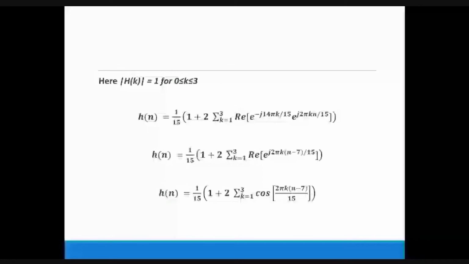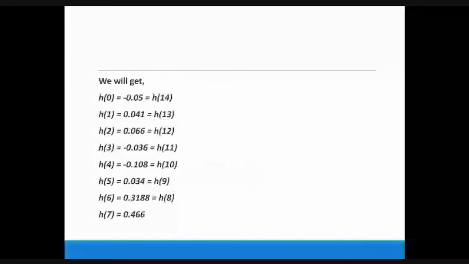Now in this equation, you have to apply the values of n from 0 to 15 and calculate the value of h of n for n is equal to 0 to 15. Just a second. With the help of symmetricity, as we have written earlier, we can find the remaining values. So first we have to calculate the values of H0 to H7. The remaining values are just a repetition. With the help of symmetry we can write the answer for that. So H0 is same as H14, H1 is same as H13, H2 is same as H12. Similarly H3 and H11, H4 and H10, H5 and H9, and the last one H6 and H8.